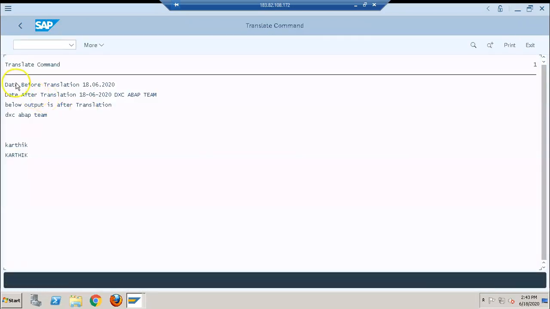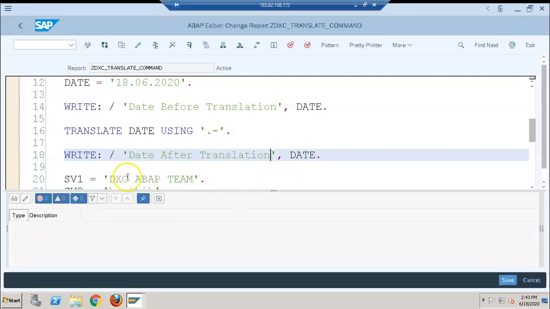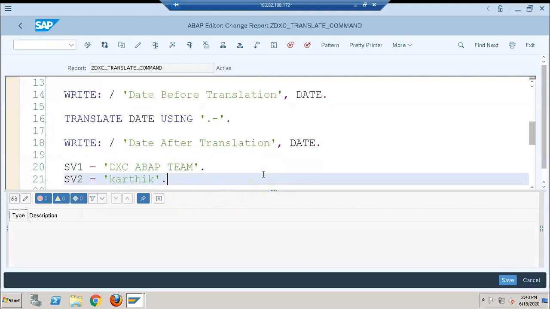So we have date before translation 18.6.2020. Date after translation 18-6-2020. So this is what we have, and I guess this is clear now.